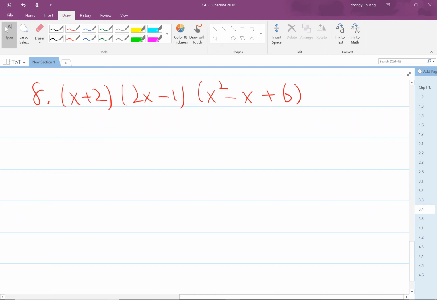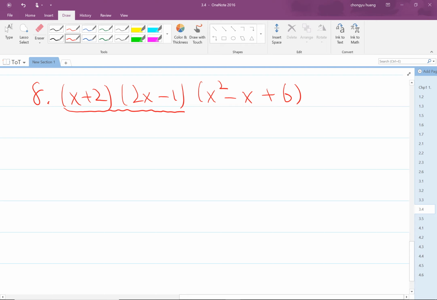right here in this question, what we have is x plus 2, multiplied by 2x minus 1, and then multiplied by x squared minus x plus 6, right? So you can see we cannot simplify anything more than this. So we have to get rid of the brackets first, right? So what we have to do here is